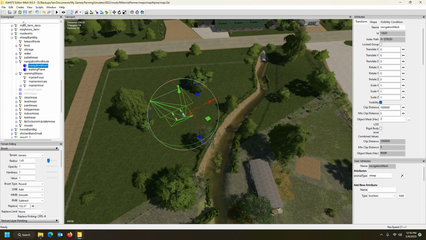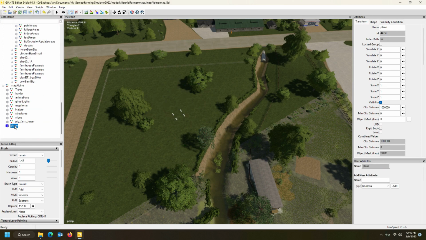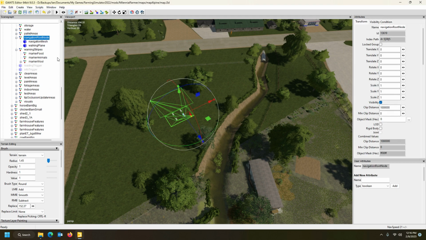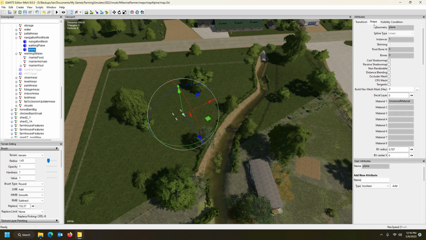Alright, so first things first is create a primitive, a plane, and then the plane will come at the bottom. I'm going to Control X to cut it, and then go into the navigation route node, Control V to place it in there. Navigation mesh. Alright, and then the very first thing you need to do to this plane is go to the shape file, the nav mesh mask. To build it, you need